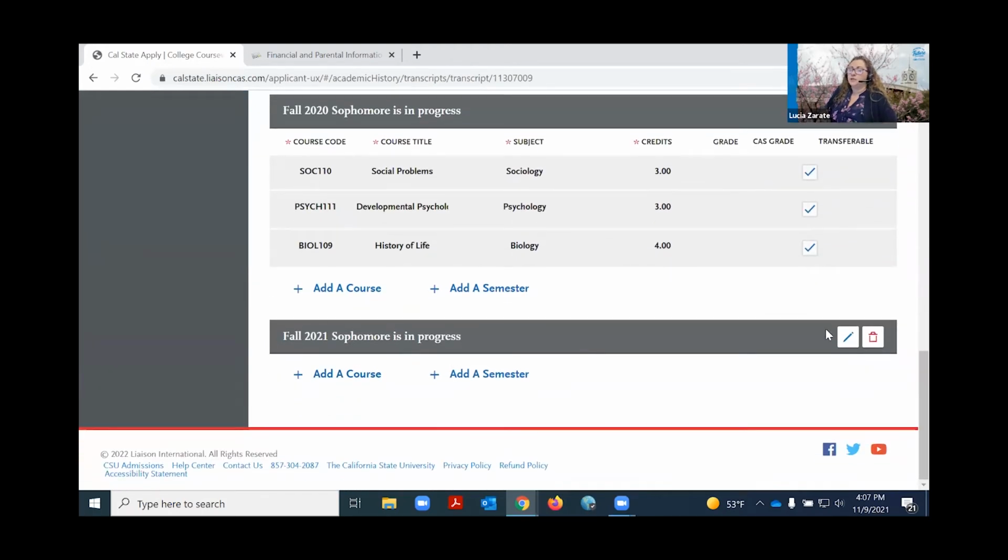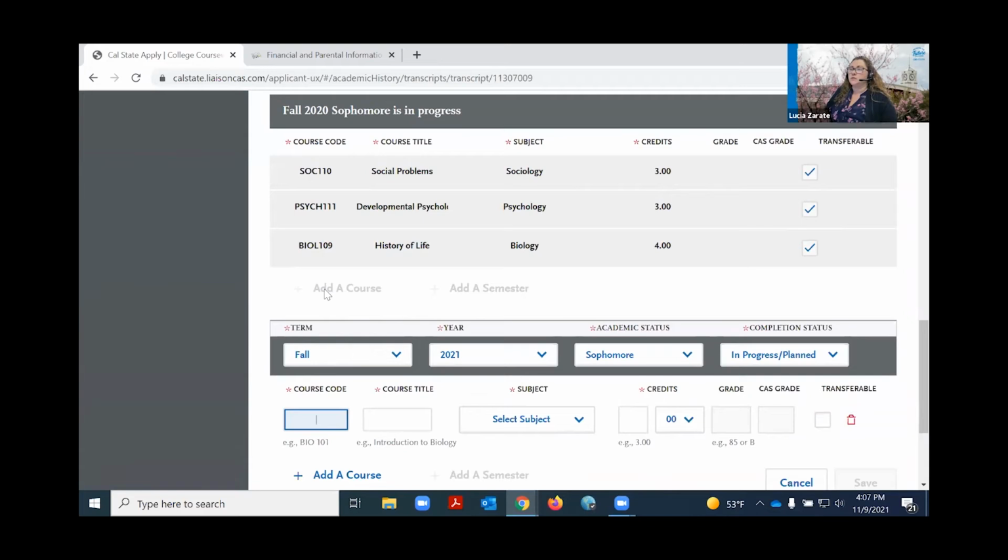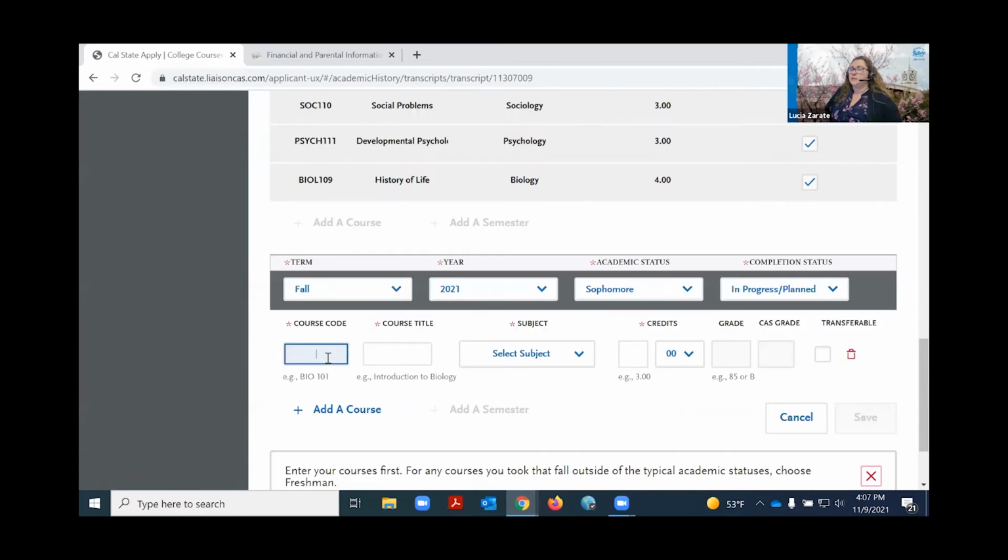21. So here it is. Unlike the high school that brings it up to the top, the transfer is at the bottom. And so now that I have the semester here, I'm going to add a course. And then again, you just want to start entering in the course. So let's say I'm in a criminal justice course. At the community college, it's called Administration of Justice. So I'll just start typing it in,